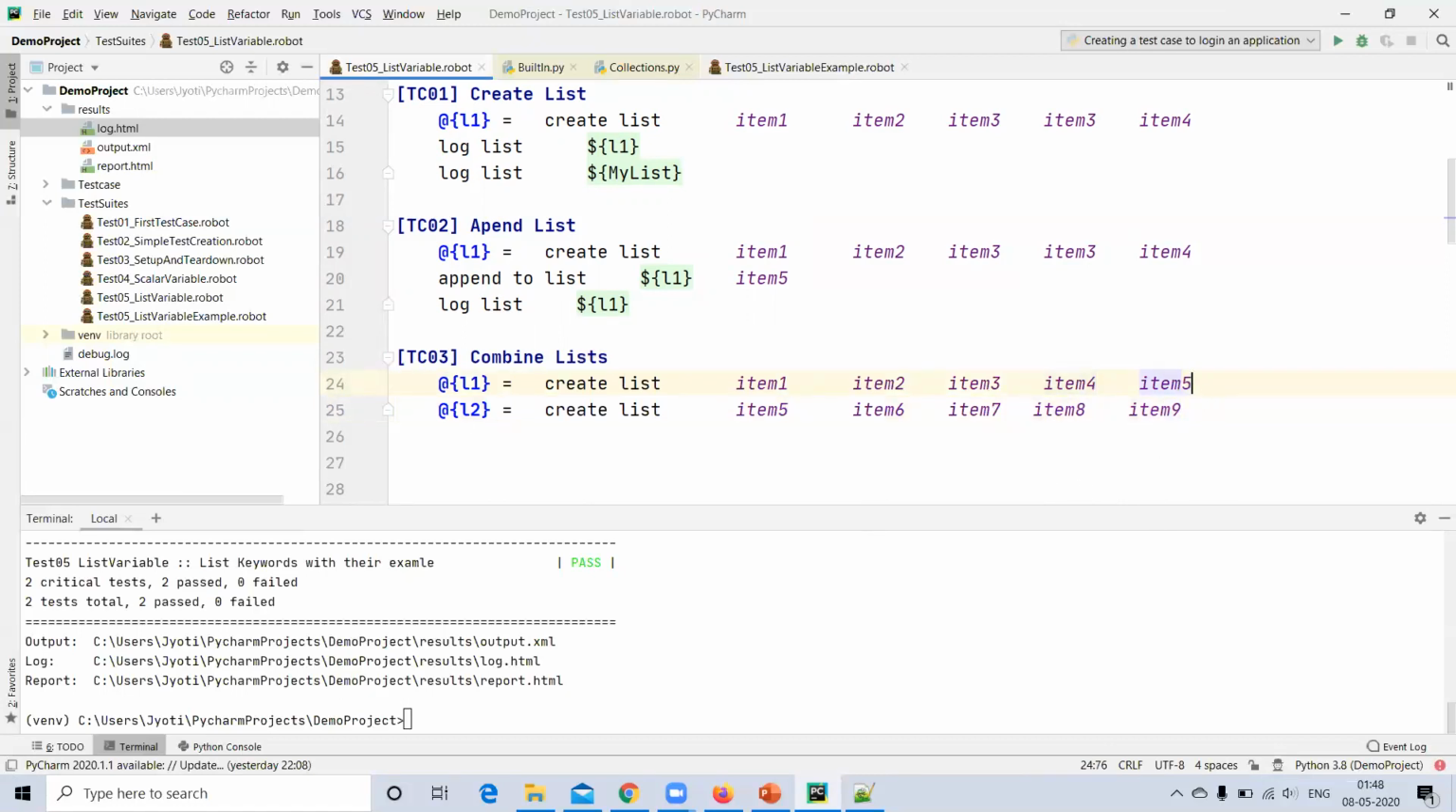Four, 5, 6. We can take multiple duplicate values. We can store duplicate values in a list, so no worries. Here is 1, 2, 3, 4, 5 elements. Then it will append the 5 elements which are having